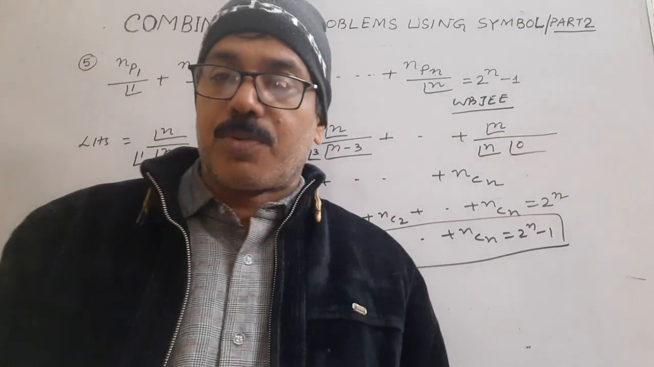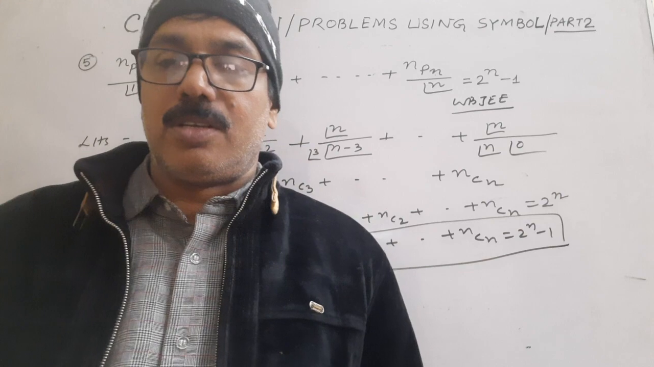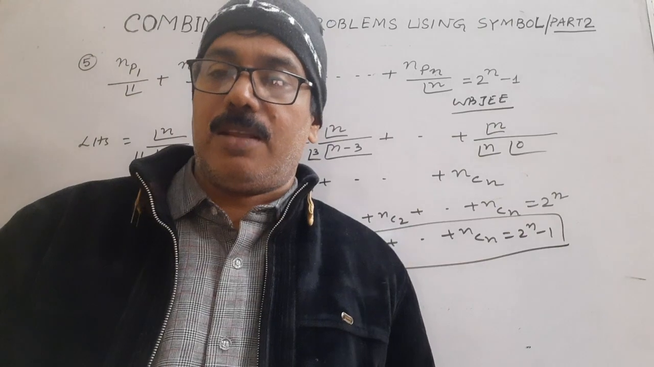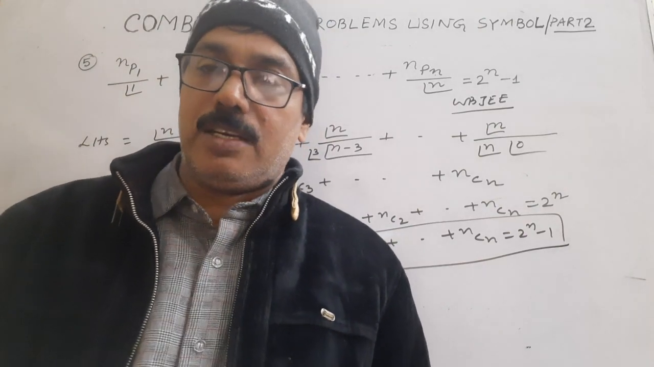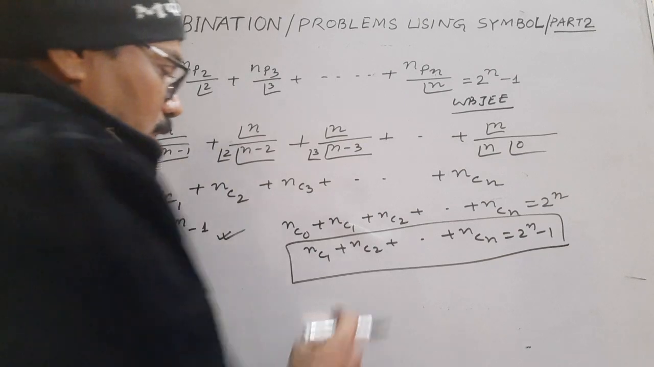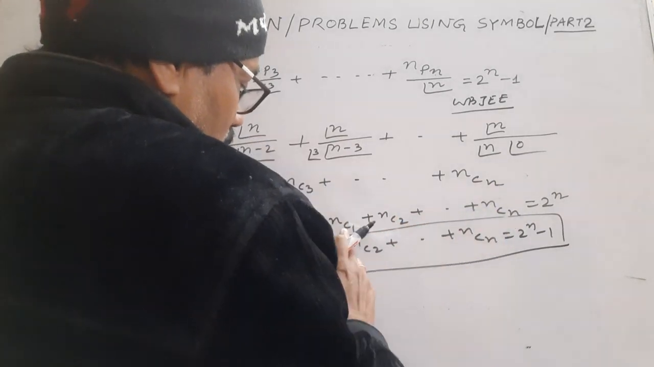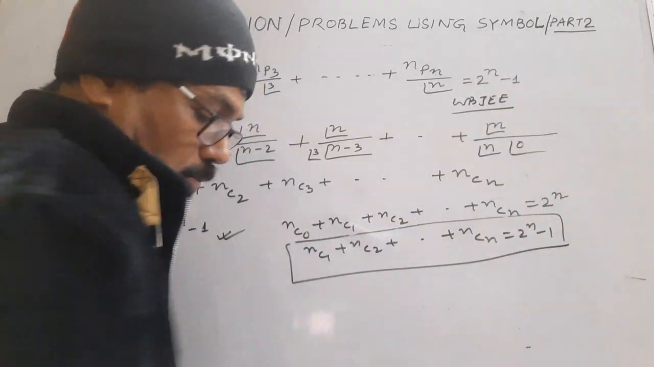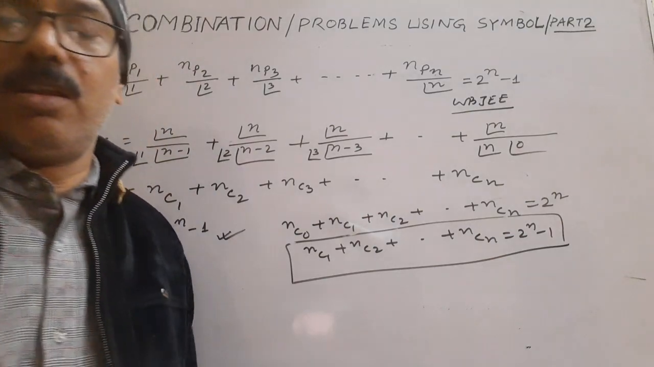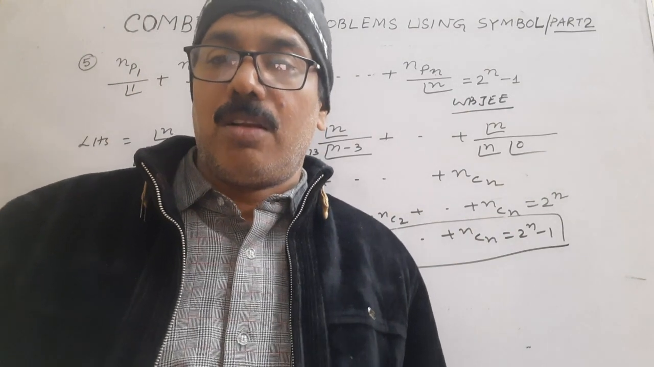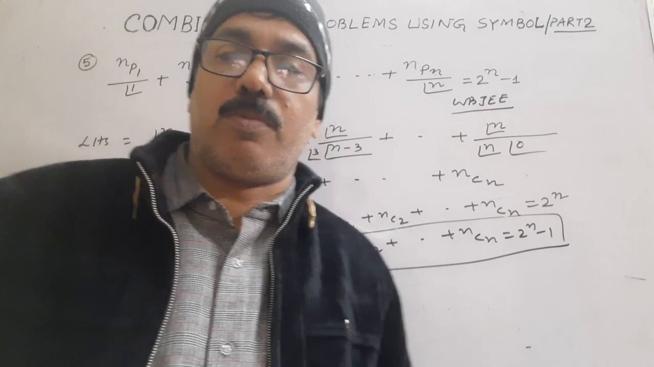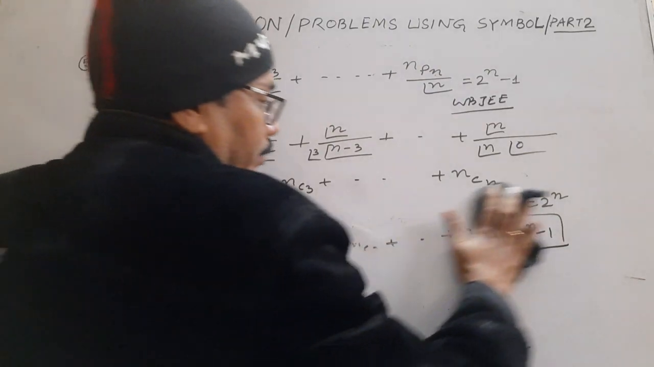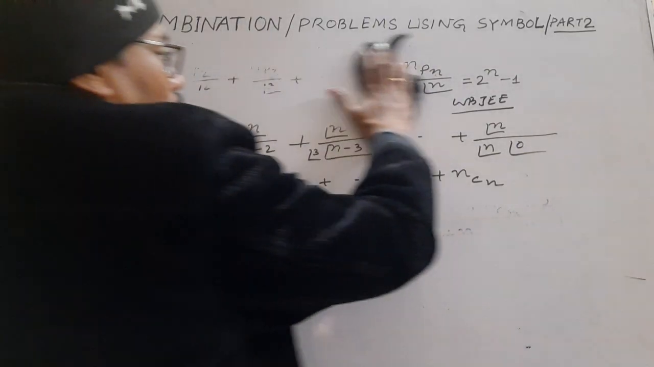You know, the number of subsets of n different things taking any number at a time equals 2 to the power n. The number of subsets taking 1, 2, 3, up to n, so nC1 to nCn, excluding the empty set, equals 2 to the power n minus 1. I will give the proof of it when I consider the chapter on the binomial theorem. So consider this result as standard. Next,